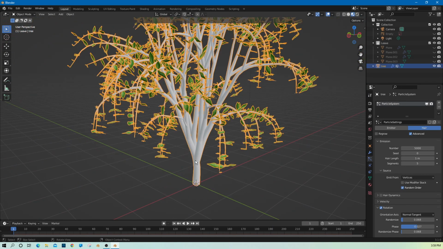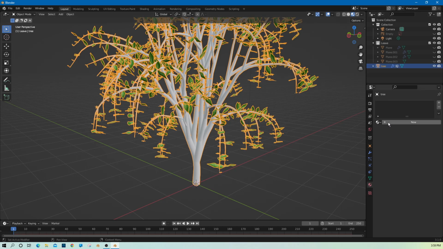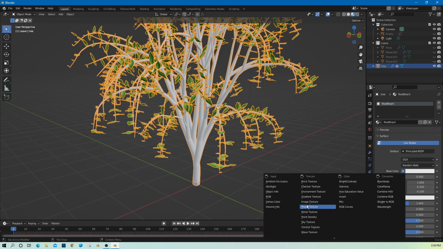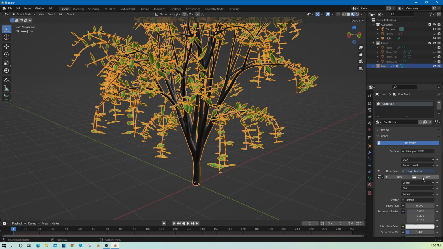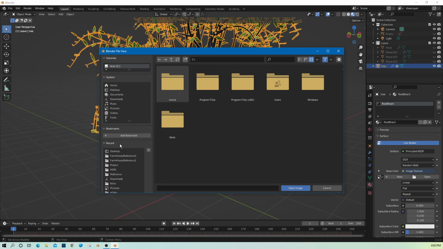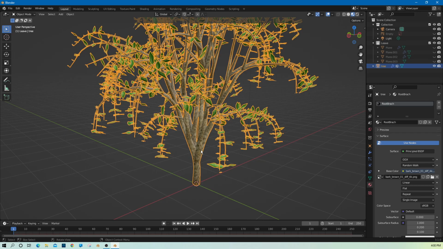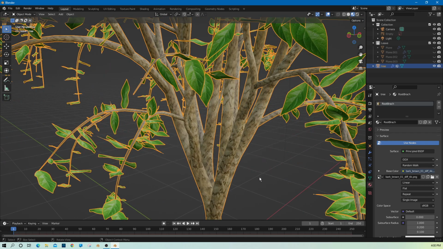So what we are going to do is create another material. We make it like a root branch, right? And instead of base color, select image texture, click here, and apply a wood texture. So you see, we have applied a wood, but this one is not looking good because